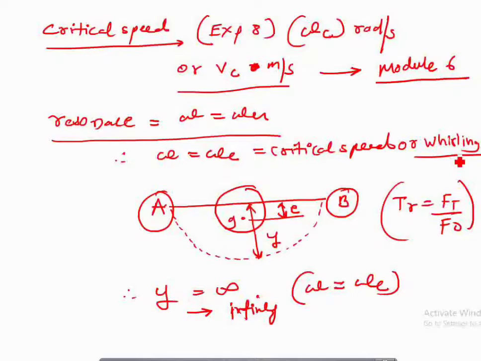Now I have also explained that this critical speed occurs basically due to the eccentric mounting of the rotor, as I have explained in this figure. Eccentric mounting of the rotor may be due to the non-uniform distribution of the rotor material, or also there is some sort of bending in the shaft. So these are some three to four reasons which result in the deflection of the shaft to infinity, or the critical speed. I hope you have understood the concept of critical speed.